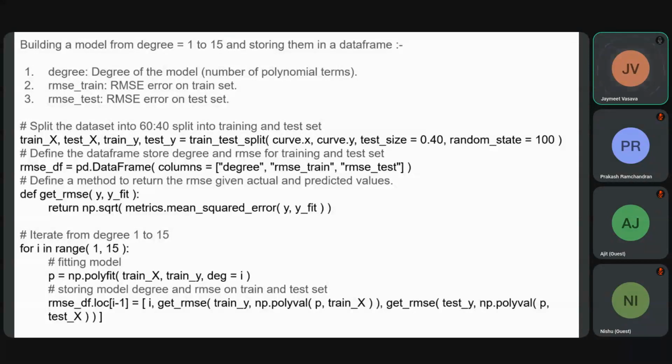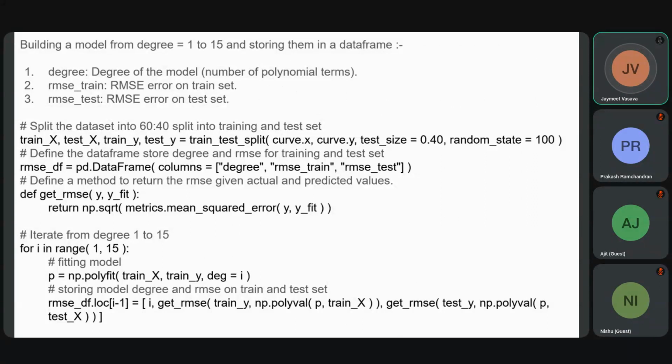So we'll be building the model for degrees 1 to 15, and then storing the values in a data frame. The terms we will be using are degree, showing the degree of the model, RMSE train, the RMSE error for the training data set, and RMSE test for the testing data set. So splitting the data set again. We are splitting the data set into 60-40 using a random state or seed of 100,